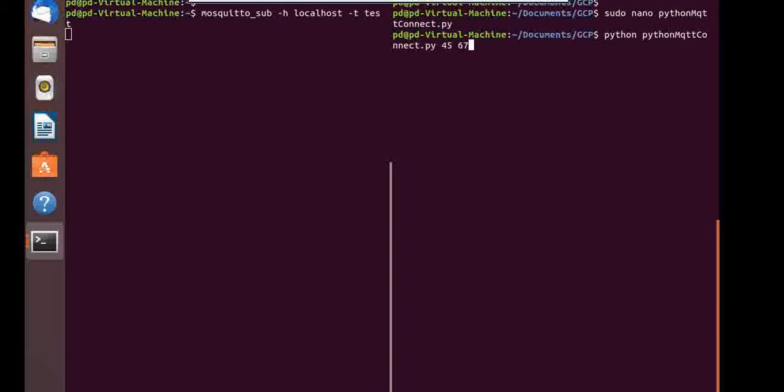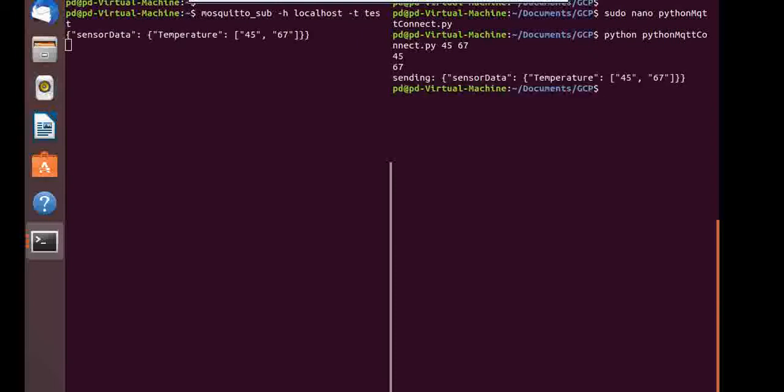So let's run it, and you can see I have made a JSON structure of that data, like sensor data, which has the property temperature, with two temperature values, going to this MQTT subscriber. Actually, I don't have a real MQTT server, so I installed one on this machine.